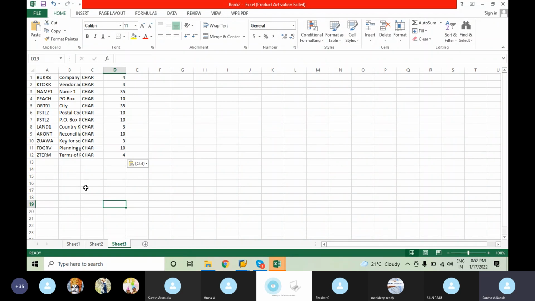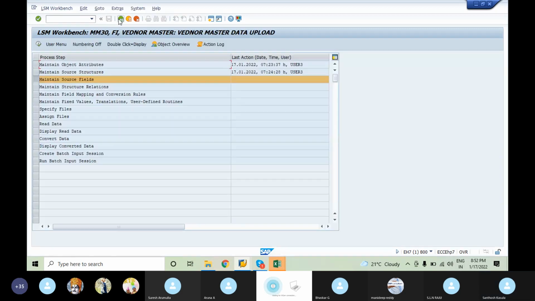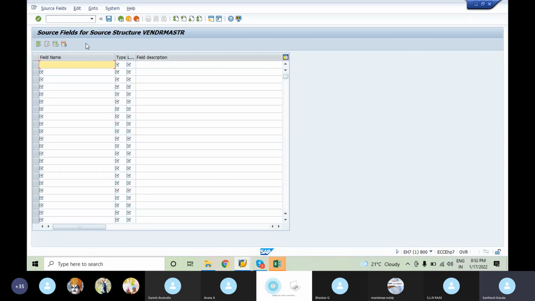I'll just show you. We have selected this. So if you just execute, display change and table maintenance. You have to write the technical name, which type it is, the length here, and then the description here.